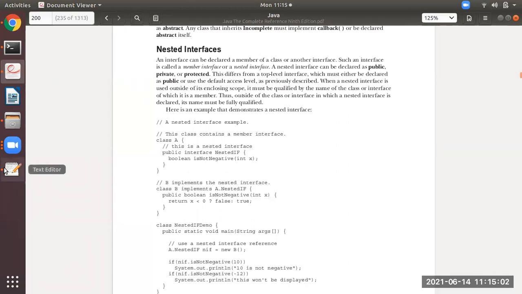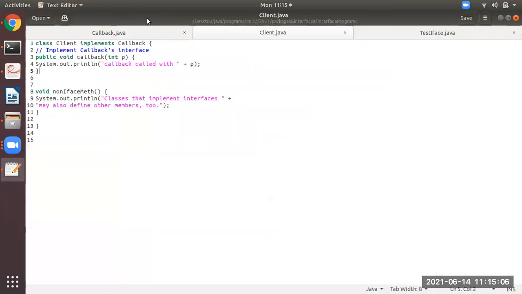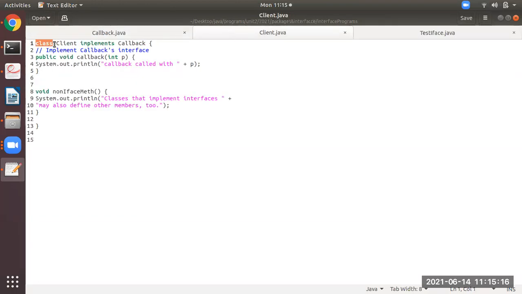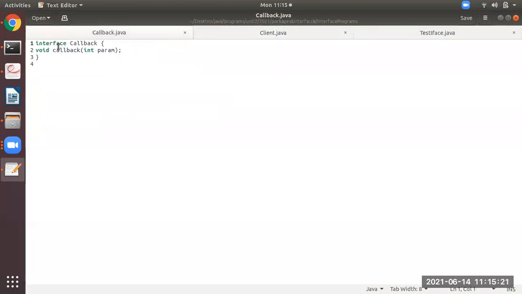Before I show you that, just see again how the interface will be. This is the keyword interface and this is the name of the interface. Like you have class space class name, this is the class keyword and this is Client. What is Client? Client is a class. Similarly, Callback is an interface. Why? Because of this keyword interface. It has a method only declared. So now you see here